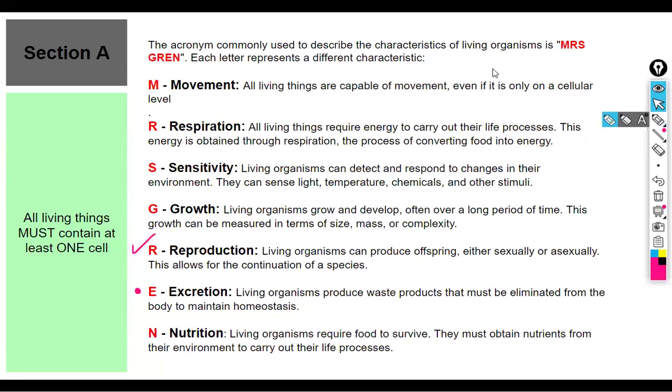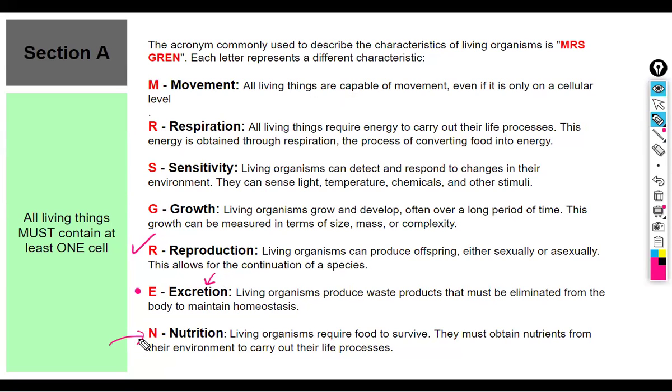And do you think, right? Do you think it's a good idea for an organism to keep all of those toxic things inside of it? No, it has to get rid of it. The process of getting rid of all your toxic substances is called excretion. Without excretion, the toxic substances will build up inside of your body. And then you what? Die, right?